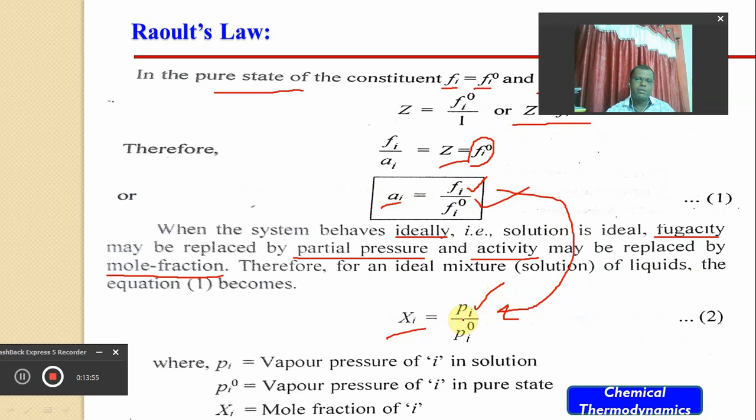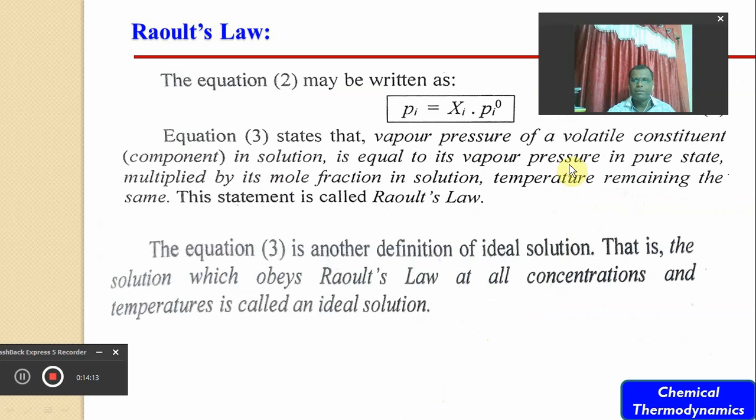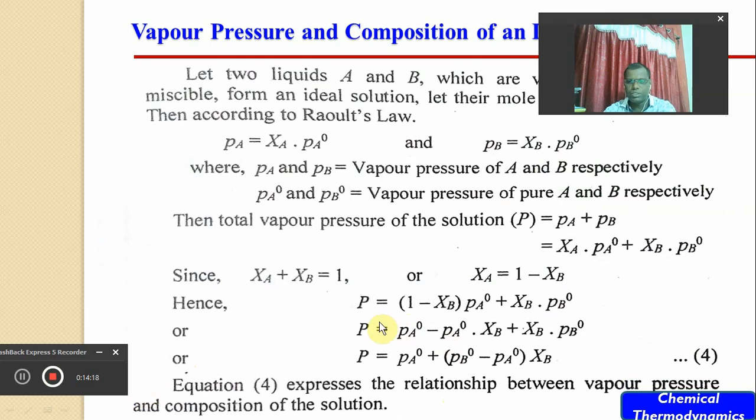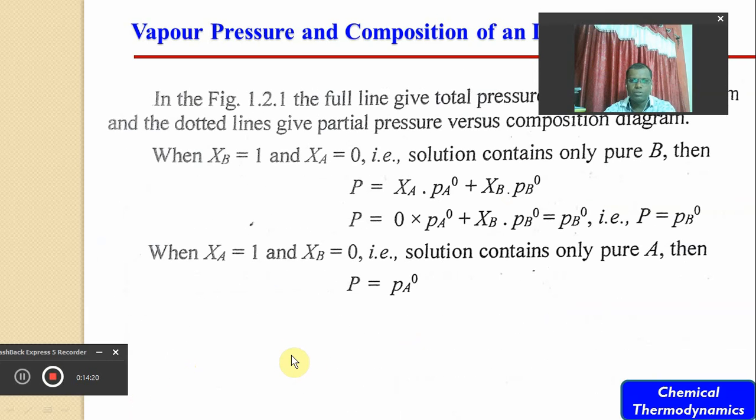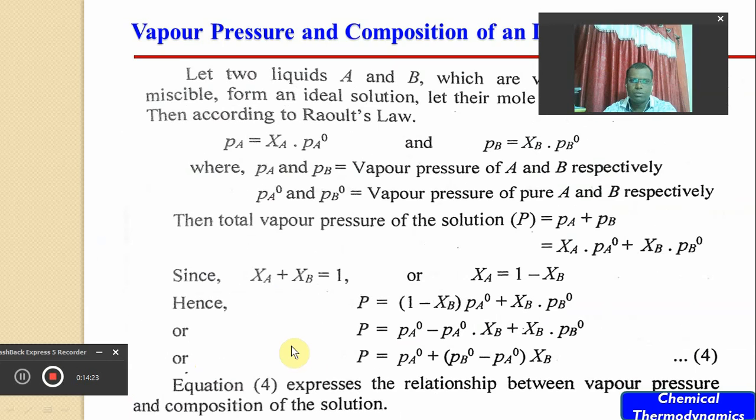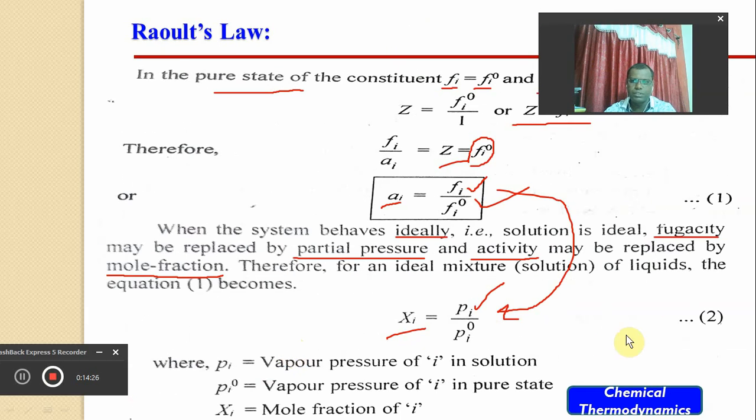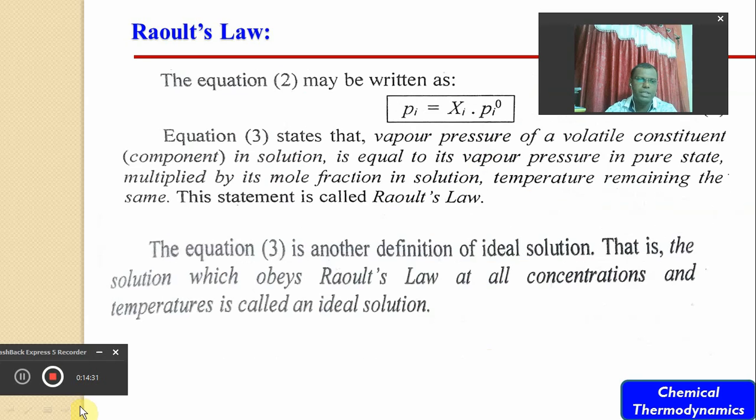Here Pi is the partial pressure of the ith component, Pi0 is the partial vapor pressure of i in the pure state, and Xi is the mole fraction of the ith component. This is equation number 2. In this equation number 2, Xi is equal to Pi upon Pi0, which can also be written as